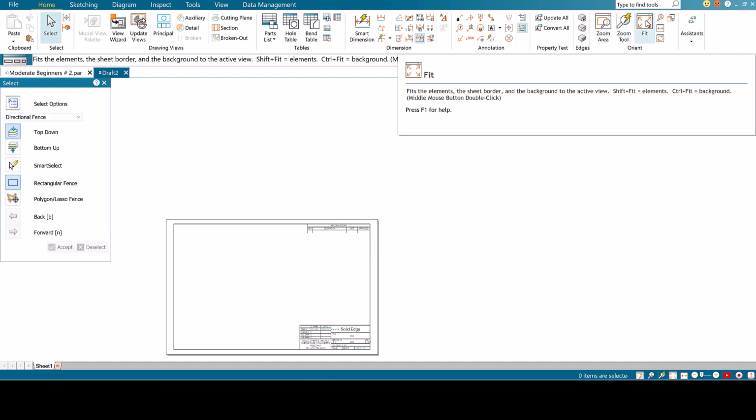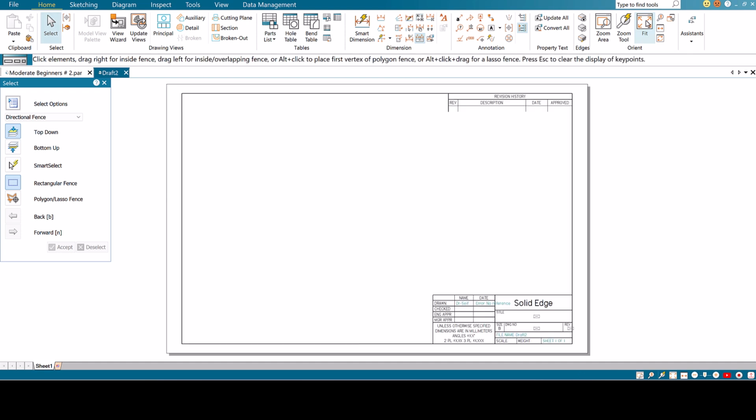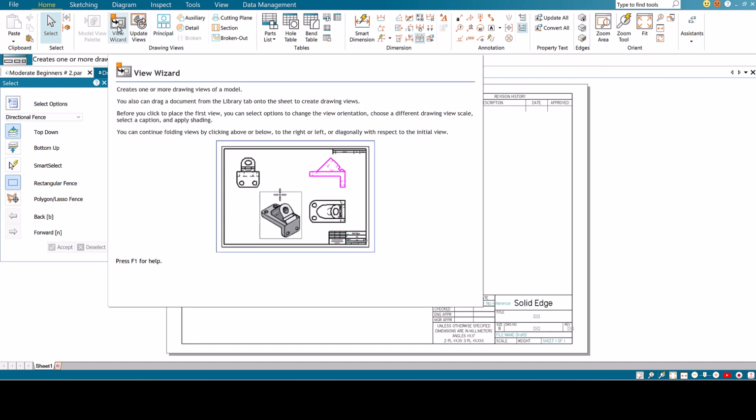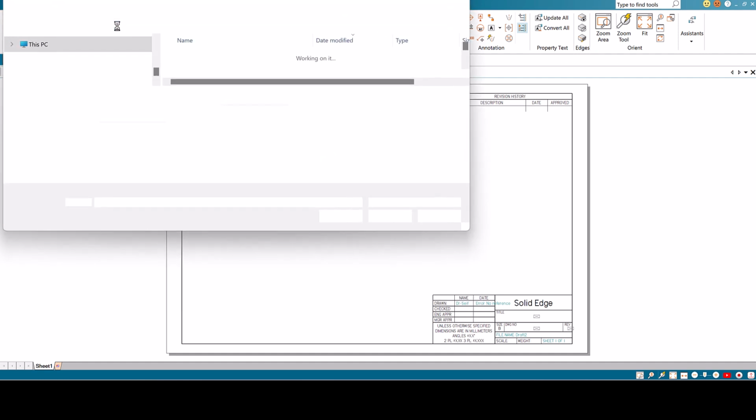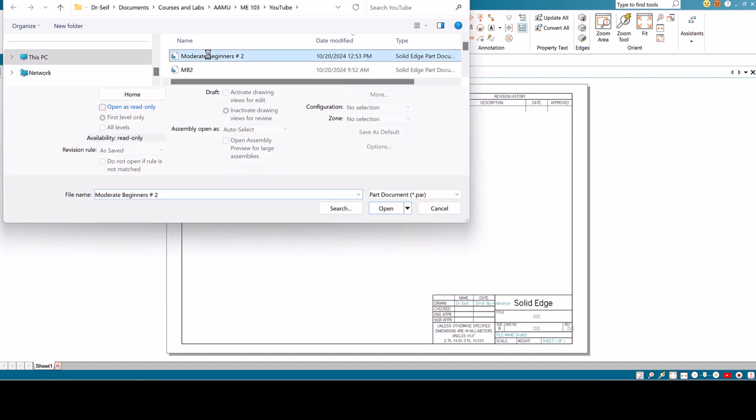Then you go to fit, you fit to the page, and then we're going to start the process of bringing the views. So you see view wizard, you click on the view wizard. It remembers where you saved the file and goes directly to the part file. So moderate beginner number 2, and say open,